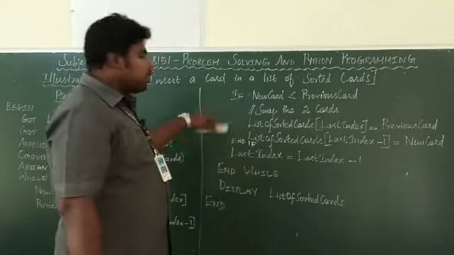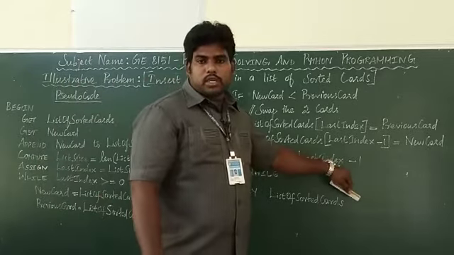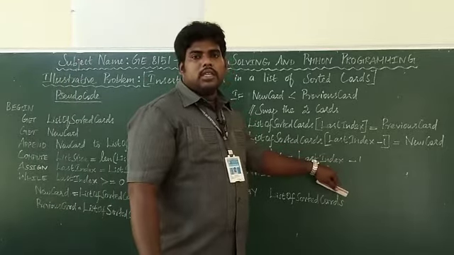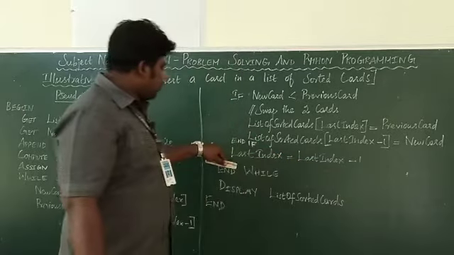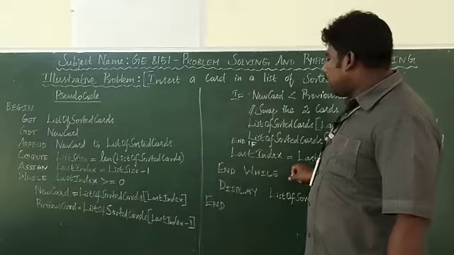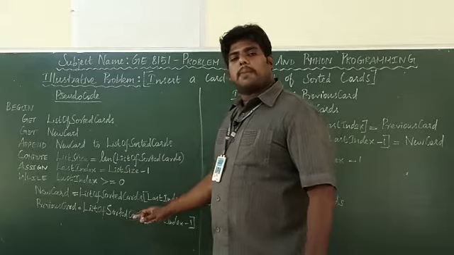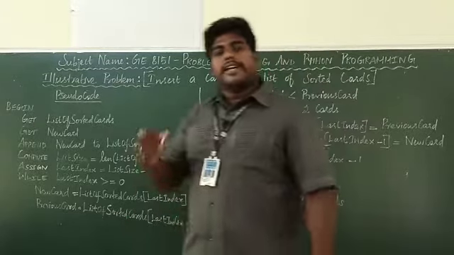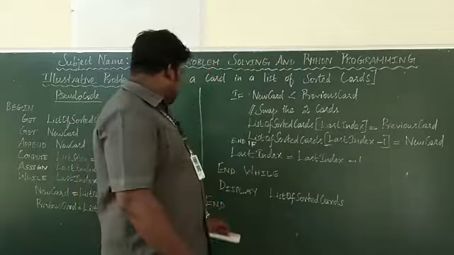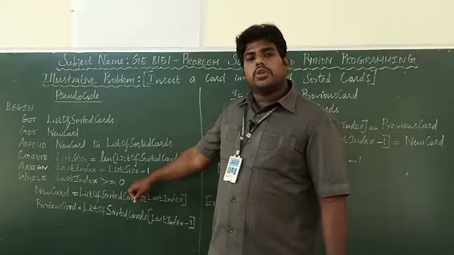Again, if you are going for looping, it means three concepts: initialization, condition, and here decrement. Last index equal to last index minus 1. If you are not using this decrement, your loop cannot be terminated. So end while. The same process will be repeated again. Now the last index here is minus 1, right? So again it will change, so the values will change. Again the initialization will happen, and again the if condition will be checked. It should be repeated again and again till the last index value is equal to 1.